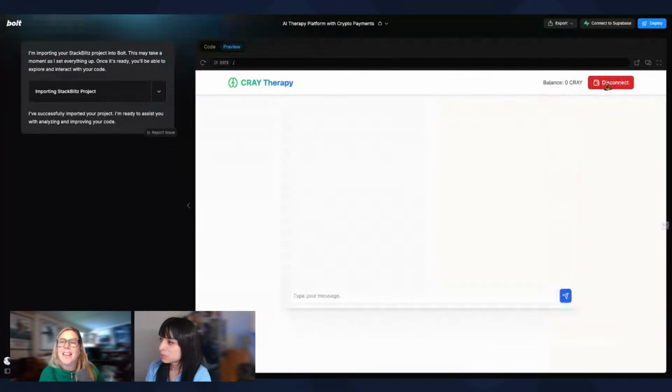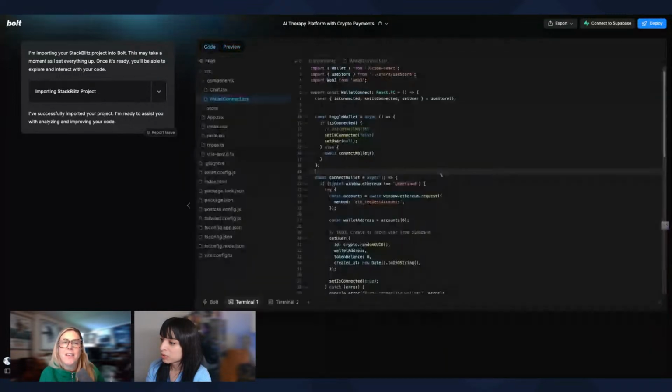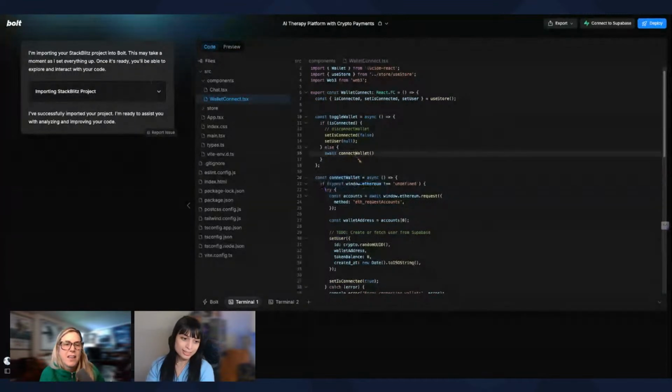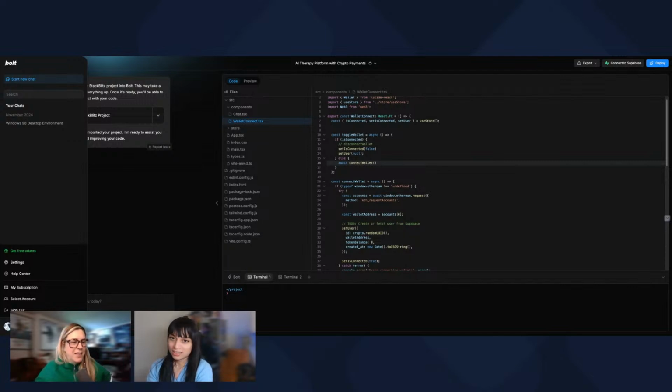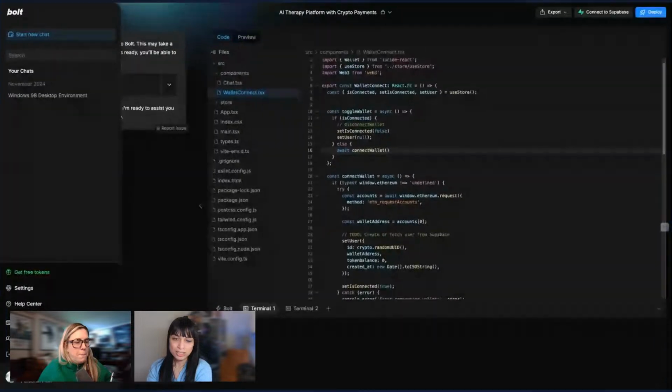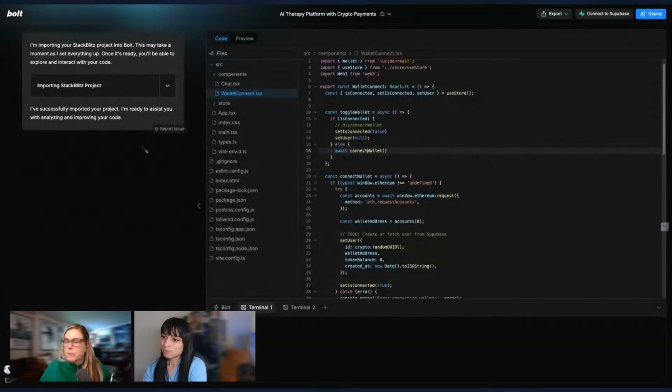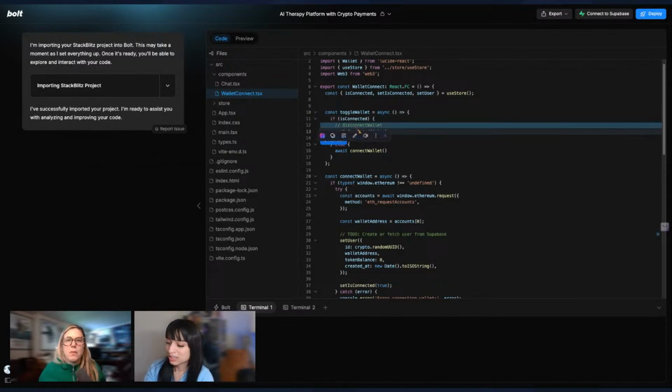Do you see the difference between what I did and why it didn't work before? The async thing is just because on Connect Wallet, you've got to wait for it. You can't just go around doing what you want. You have to actually wait for the wallet to connect, for the thing to happen behind the scenes. Exactly. So this toggle wallet is doing this, and that is a little bit cleaner.